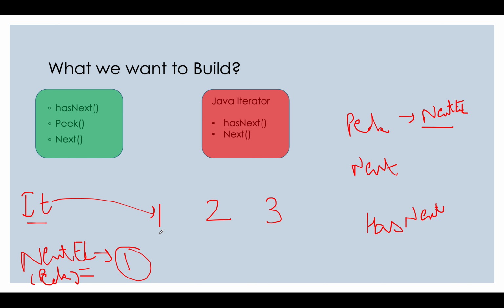So let's try and write the logic for the next element. If we want to operate next on this list, we have to return 1 from it, because this time is when we are actually visiting that element.